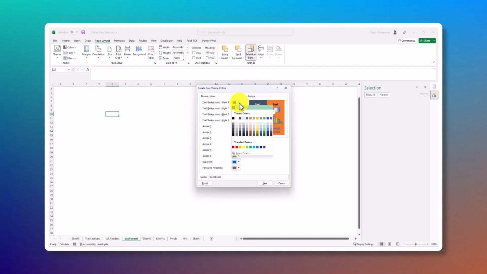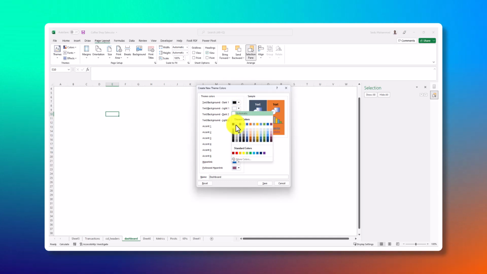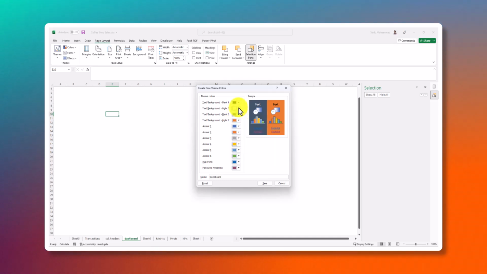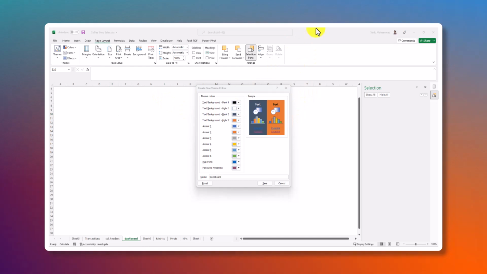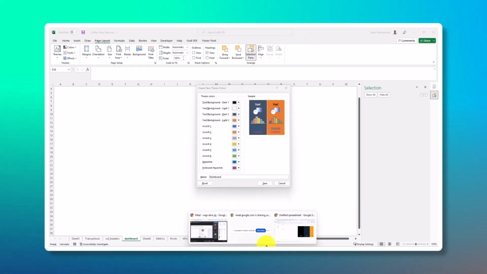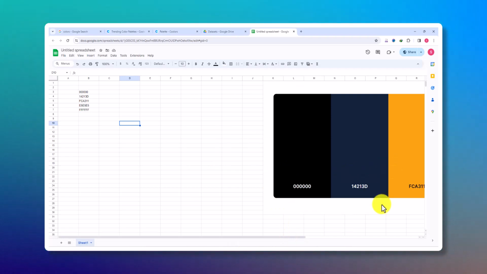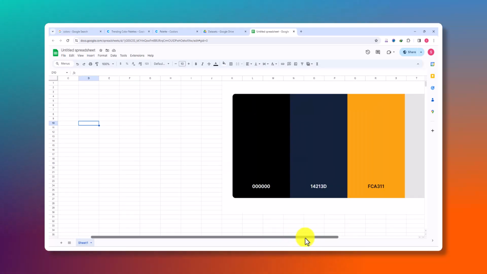I don't want dark. I just want white. So, oh no. Okay, I want the background to be a different color aside from white. So let me check here. I want the text background to be, say,